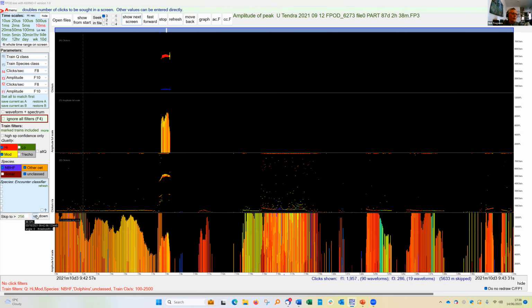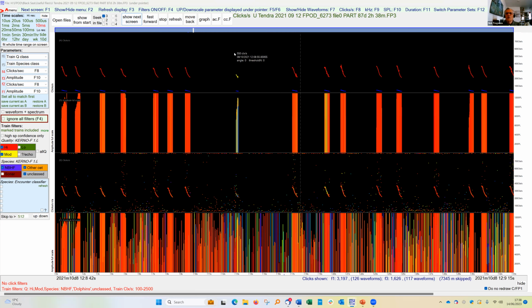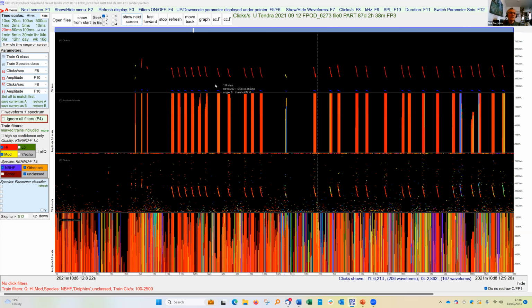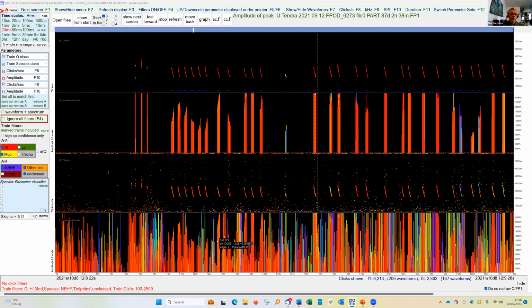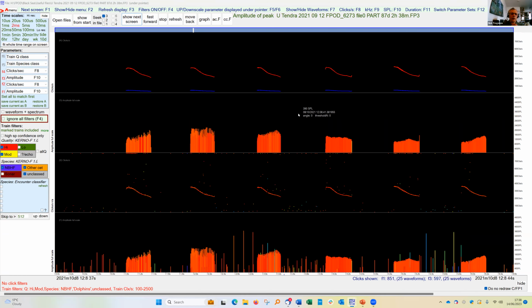Okay, I'm going to put the number up. And then we get to this, which if you wanted repeats, this is absolutely astonishing. Although I searched for the click distribution of porpoises, I did then include dolphins, and this is clearly a dolphin. You can see from the coloring here, and you've got these very perfect repeats. You don't actually have the falling rate in the FP1, but you know, it's really, they do have